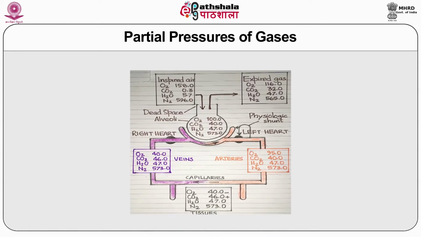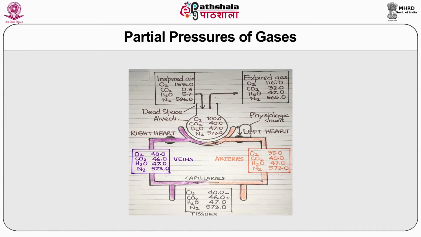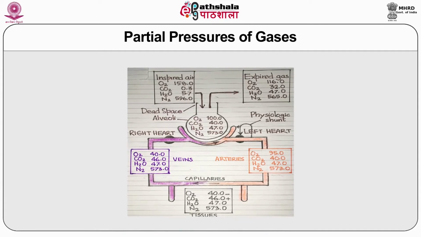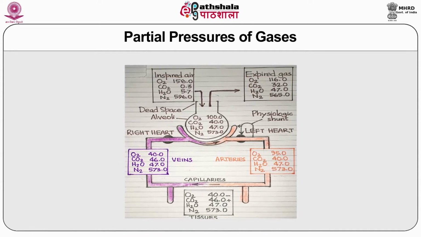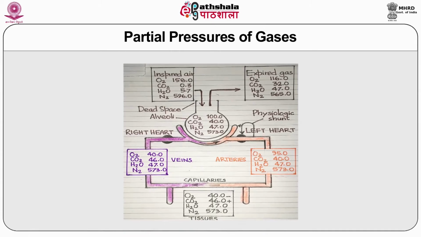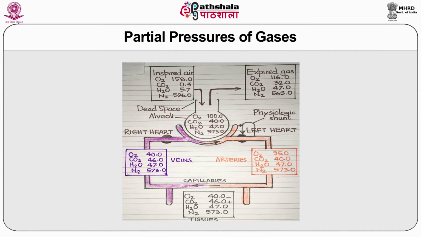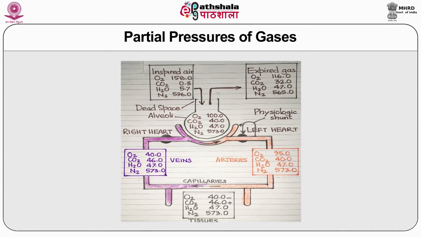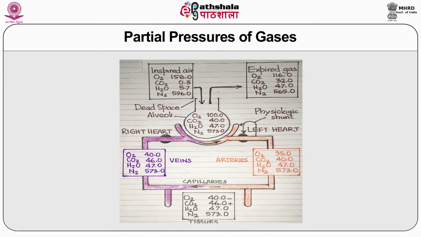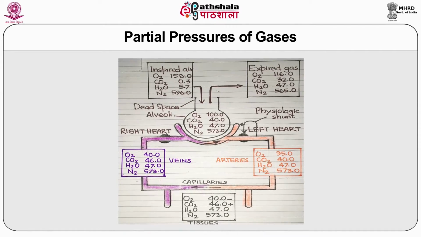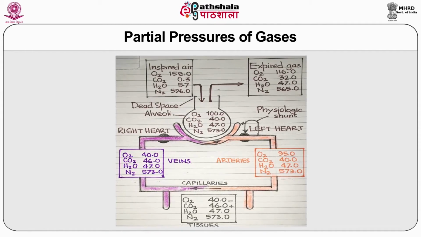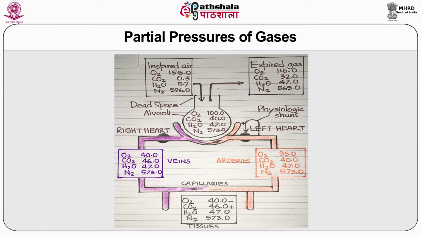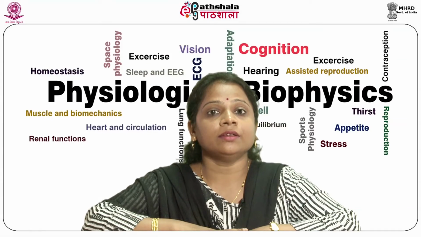In the steady state, inspired air mixes with the alveolar gas. It replaces the oxygen that has entered the blood and dilutes the CO2 that has entered the alveoli. A part of this mixture is expired. The O2 content of the alveolar gas then falls and its CO2 content rises until the next inspiration.